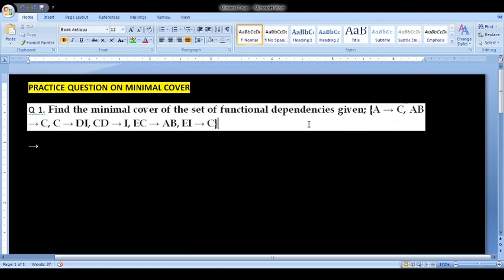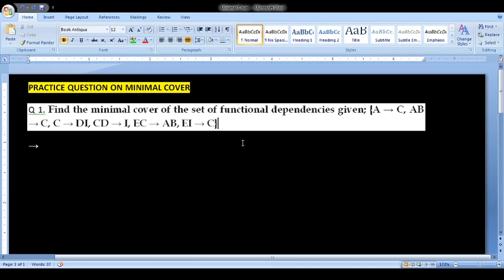And in this way, when we are given a question with a set of functional dependencies, this set gives us an idea about the relation. Okay, so how the attributes in the relation are connected, and which attribute has no connection with the other attributes. So we get a brief idea of the relationship between various attributes in a relation.